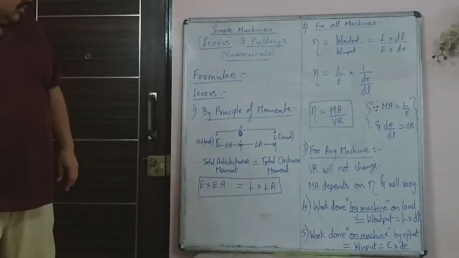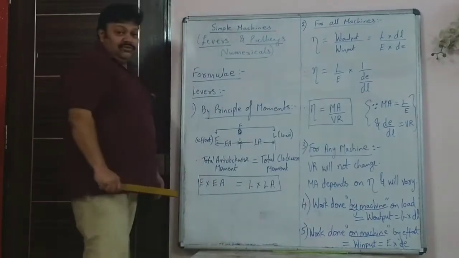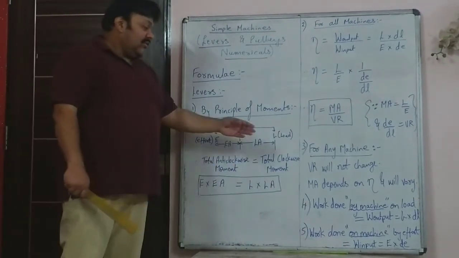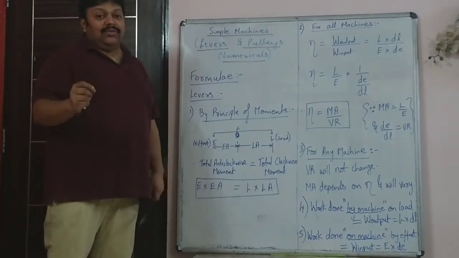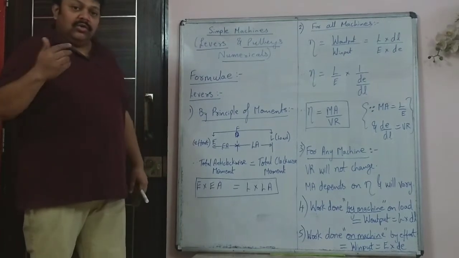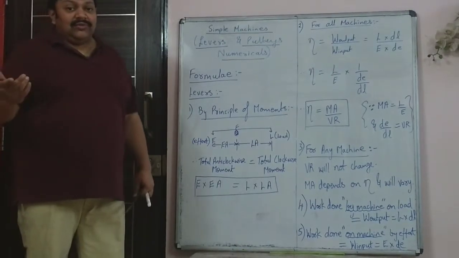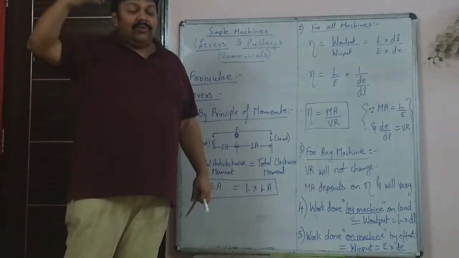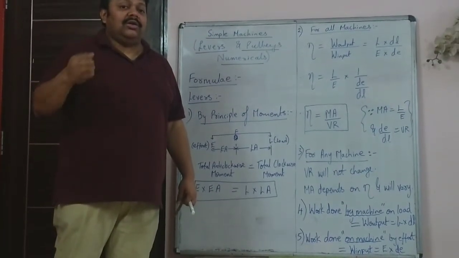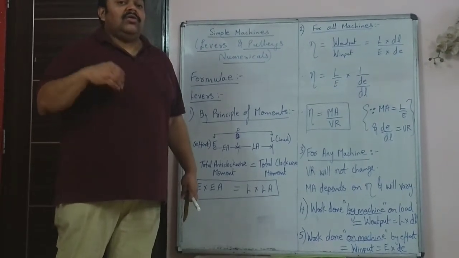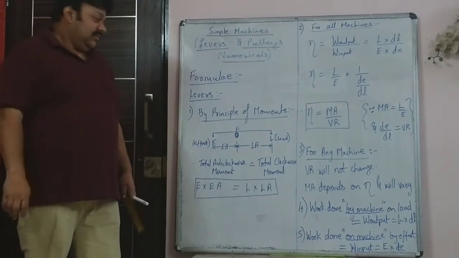Now, if you look at any machine, the velocity ratio will never change. The velocity ratio of the machine will never change. So that is one thing you should know. For example, if you have a single fixed pulley, you know the velocity ratio is 1. The efficiency may not be 1, because of course there will be friction and other things, and you have to lift the rope along with the bucket. So efficiency will not be 1, it is going to be less than 100%. So MA will change as per efficiency, but VR will remain fixed.